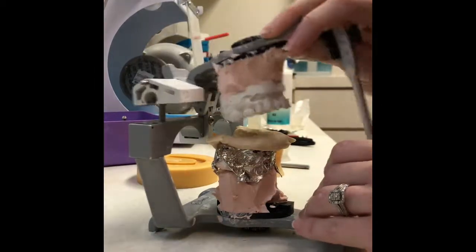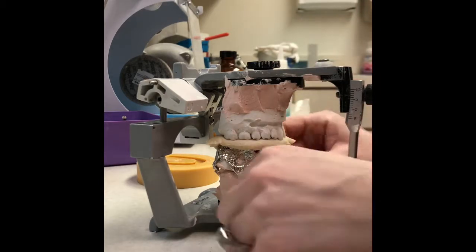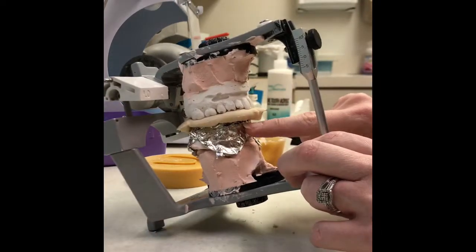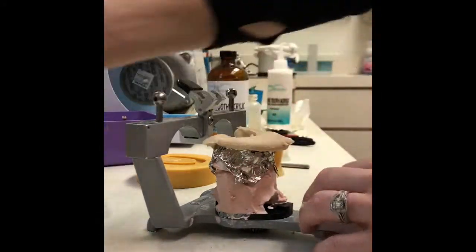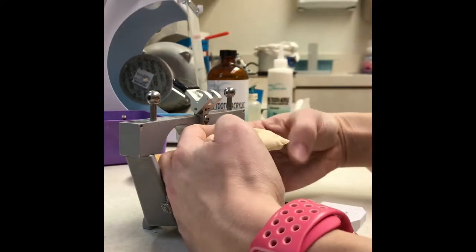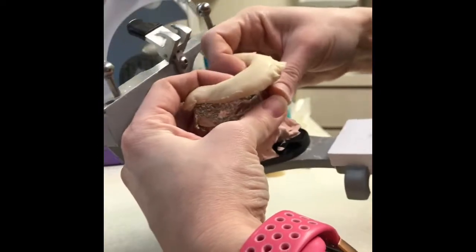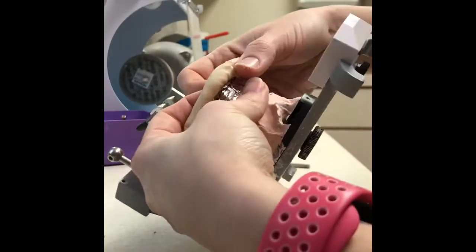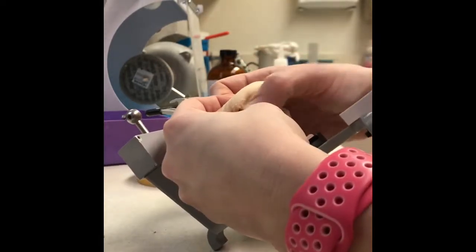We use this as our guide. We want to make sure that these front teeth are touching, but we also need to make sure that we cover our mark on the lower cast, so everything's obviously touching on the top, but we need to form it. So I use my fingers on the inside to kind of push this forward and down, and then we pinch it to where it comes down and covers those marks